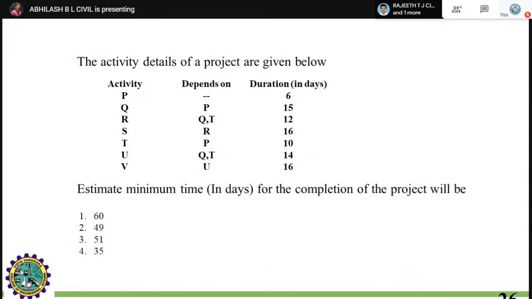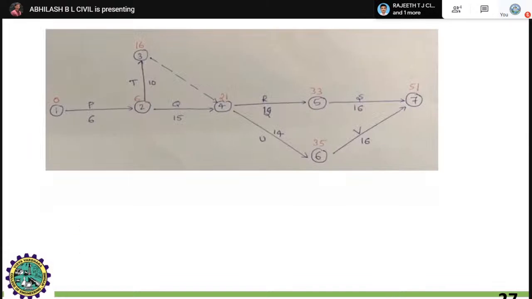You can check with the questions, that is P, Q, R, S, T. Right, you can observe here the first activity P. You have to note down the events 1, 2, 3, 4. You have to measure, right? The P activity takes place in 6 days, that is from 1 to 2. The first thing, written in the blue ink colored pen, you have to note down: 1 to 2, P, takes place in 6 days.